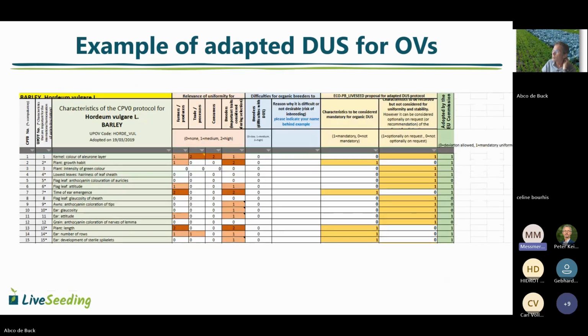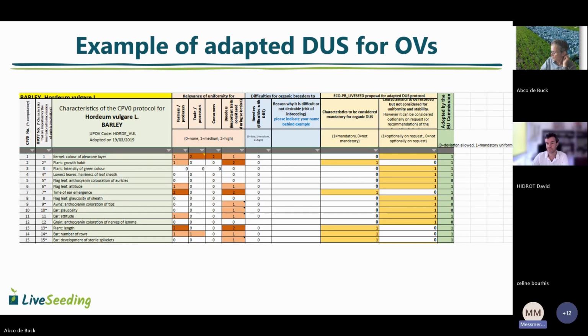But I would really be happy to also hear the opinion of David and how you see that. So next to barley, if that would also work for wheat, for instance. Yeah, the question is, I think we discussed this also once, that instead of making it for each species, can we make it more generic, working with this off type level?